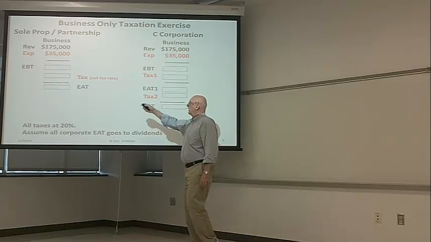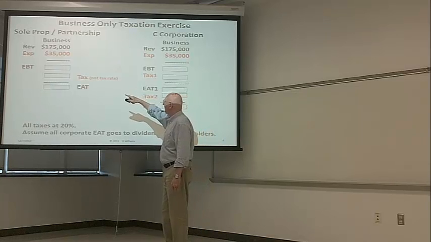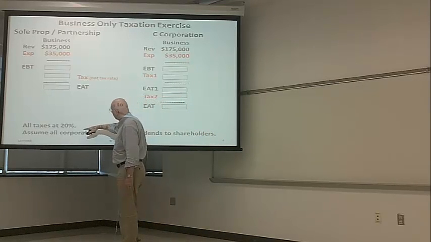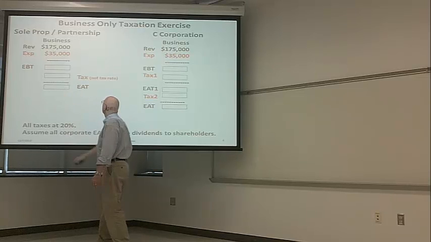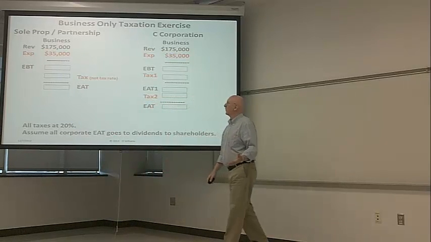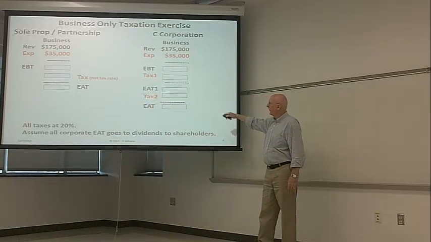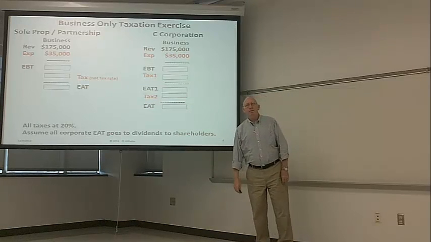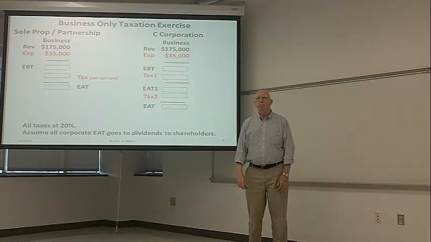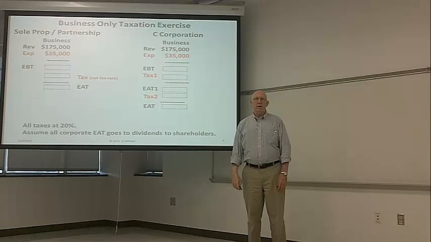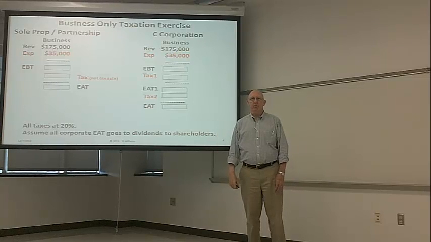What you want to do is determine the earnings before taxes, multiply that by 20%, put it in this slot, and subtract the tax from the earnings before taxes. And that'll give you earnings after taxes. Same for this side. Go ahead, if you wish to take some time and try this exercise, pause the video, then restart it when you're ready to check your answer. Or if not, just sit back, relax, and I'll show you the answer,